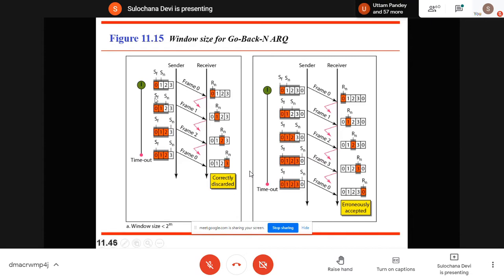Now the window size will be 2 raised to power m minus 1, so your window size will be 0, 1, 2.